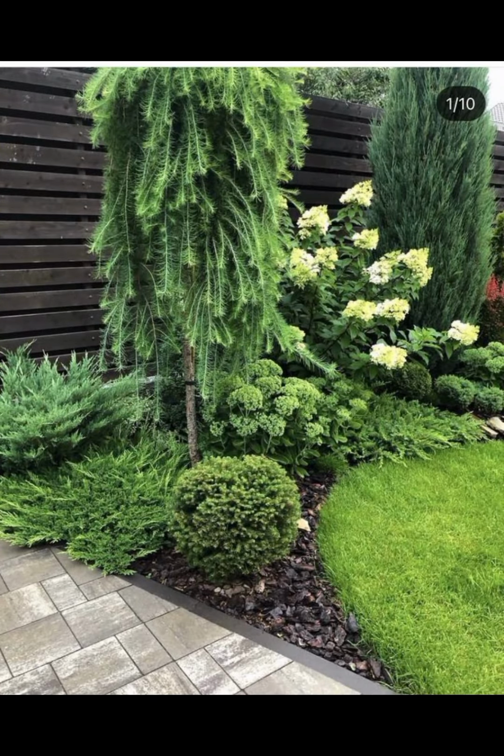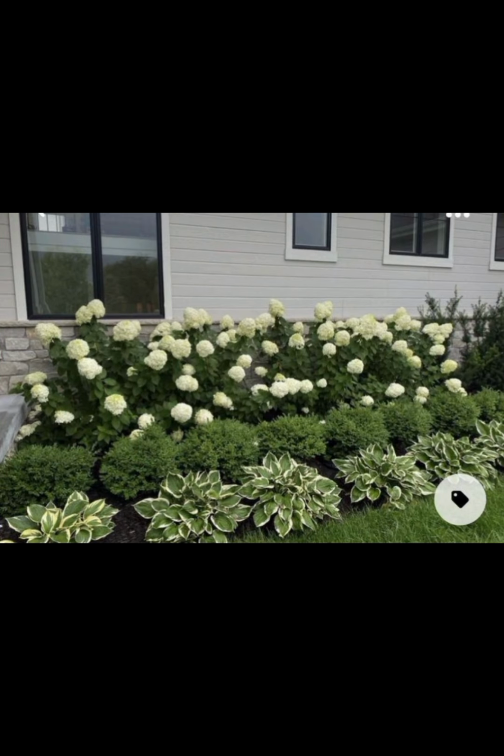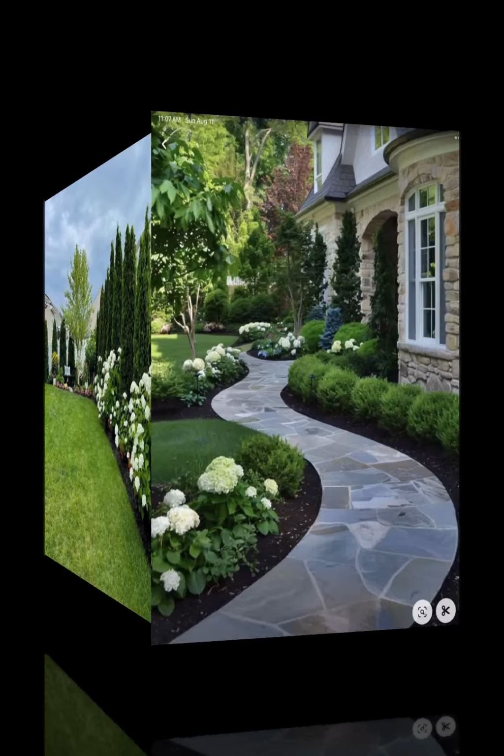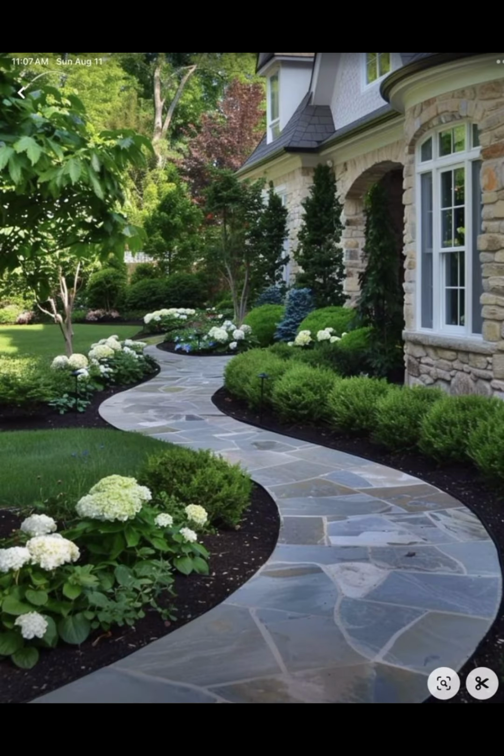Color and texture is another aspect of garden which is very important that you have to consider. Play with color combinations and textures to create visual interest. Group plants with similar colors